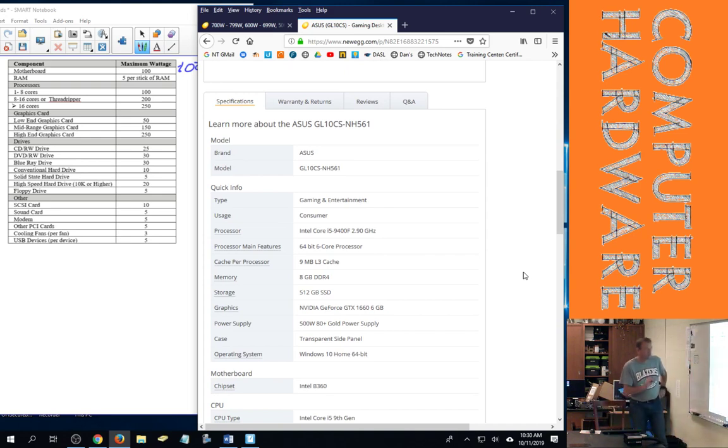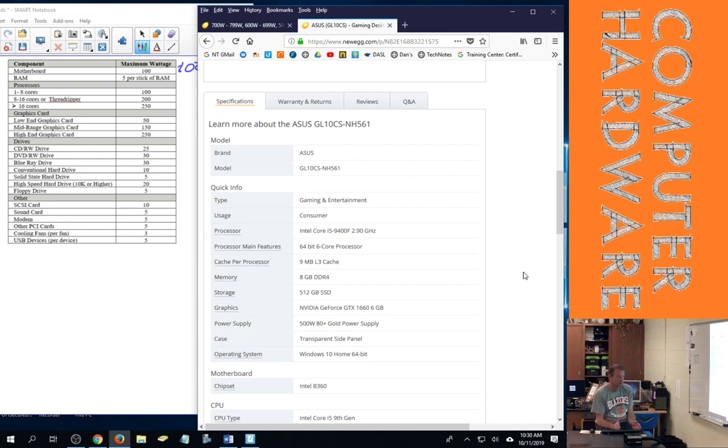We're going to assume that anytime it says it's got 8 gig and doesn't specify, these are 2 4 gigs, because my experience is that whenever they can put less expensive RAM in, they do. So we're going to assume those are 2 4 gig sticks. If it said 16, we would assume 2 8 gig sticks. If it said 32, we would assume 4 8 gig sticks, because 16 gig sticks get